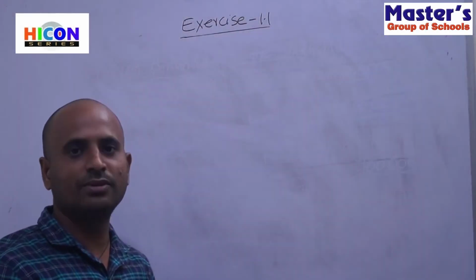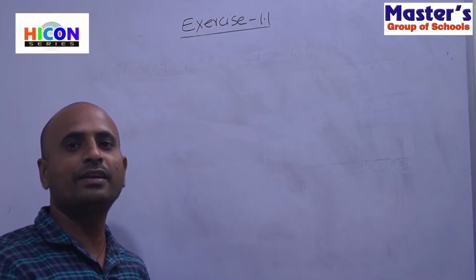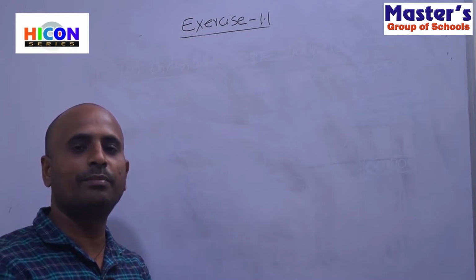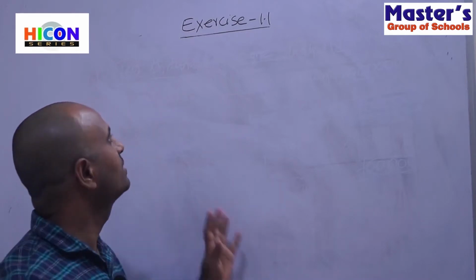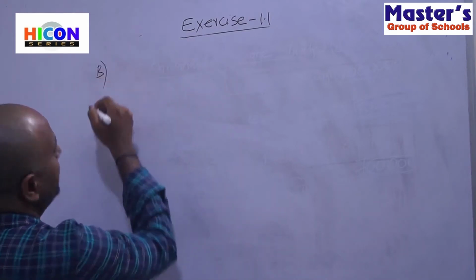So okay children, go to second problem in exercise 1.1. That means we have to write numbers for the given number names. So how to convert the given number names into figures, that means into numbers. So let us see the first problem in the second section. So the first problem is